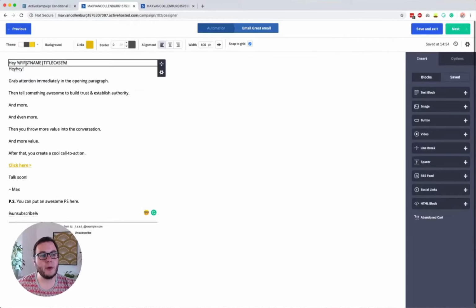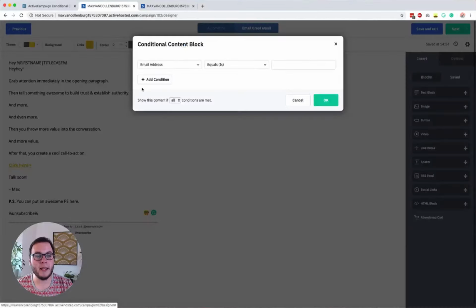The first row I only want to send to people whose first name I have, and the second one to those whose first name I do not have. You see now that we have different text blocks with these borders. So I say, everything inside this box, I want to make conditional, and I only want to show it to people whose first name exists.